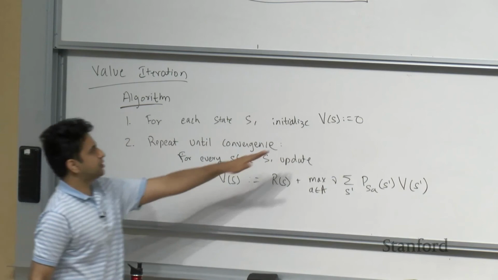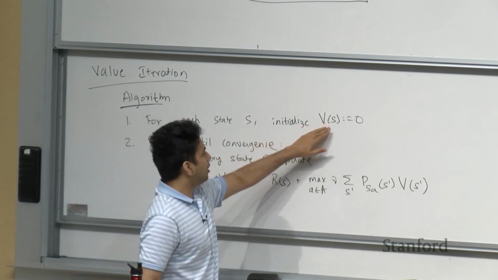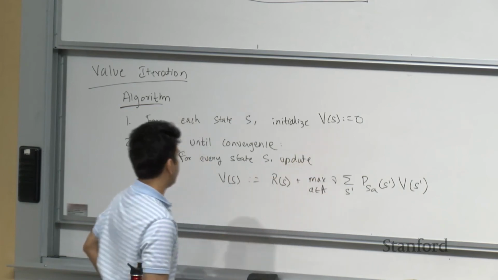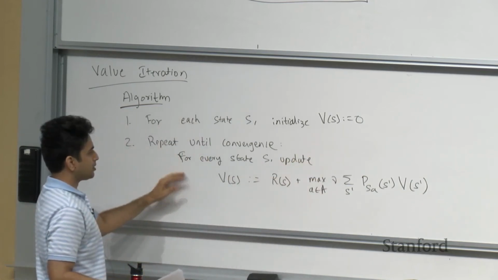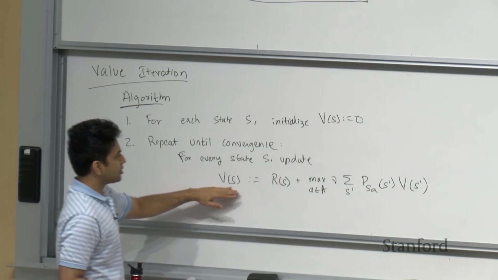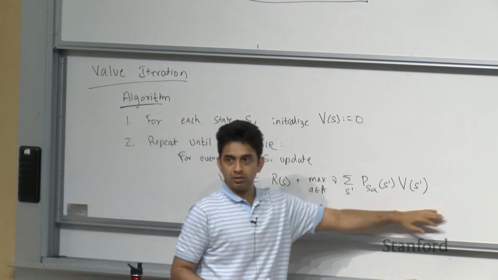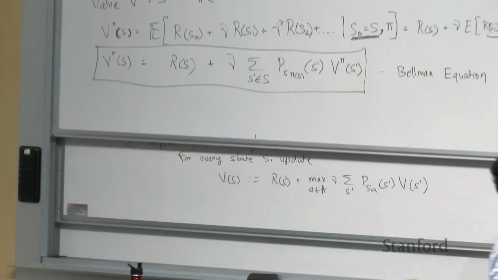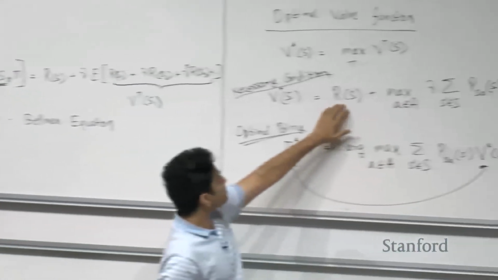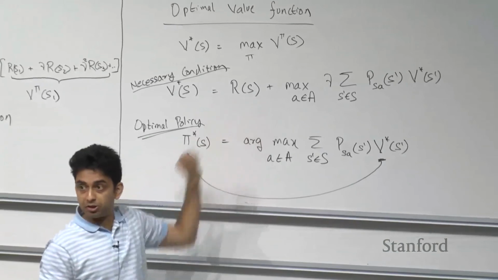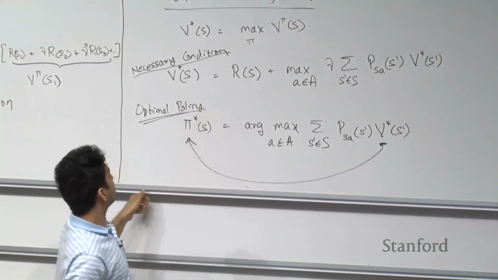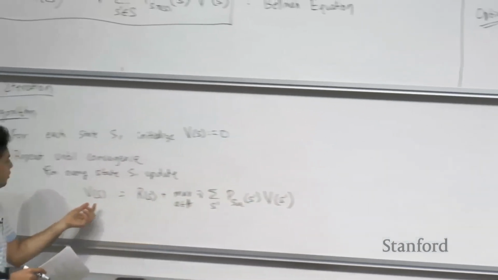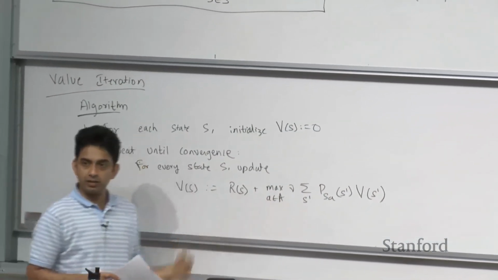So initialize your value function to be 0 everywhere, at all states, right? And then for every state S, update V of S according to this equation. And this equation is the same necessary condition that we have according to the optimal value condition, right? So if we have the optimal value, then V of S would have satisfied this, but